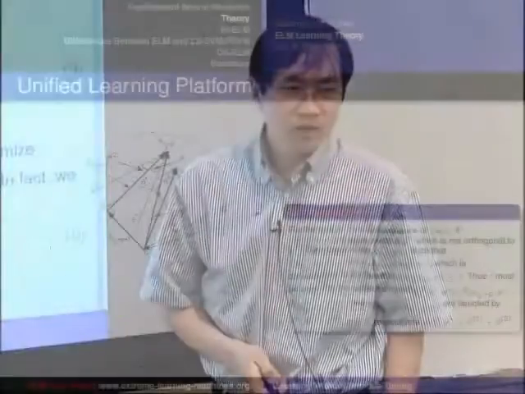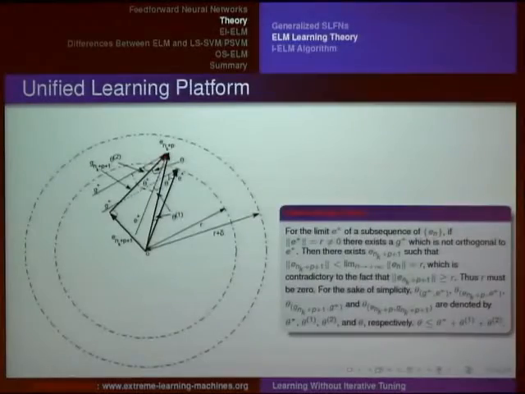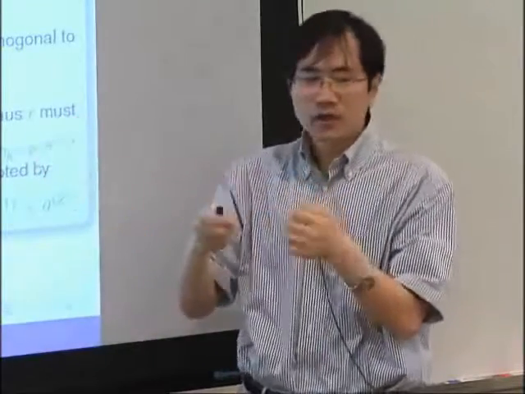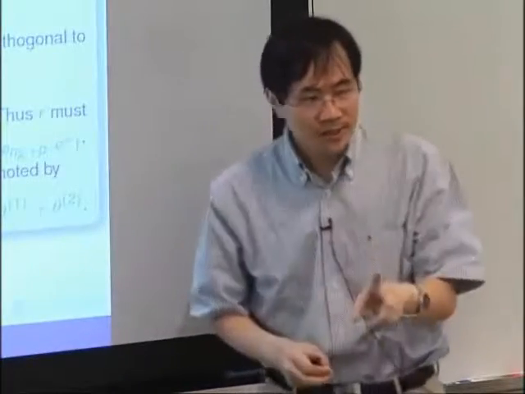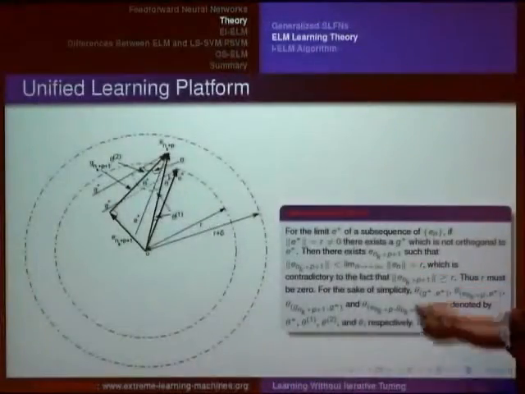So every time you add, what happens? The residual error will become smaller and smaller. So we prove it in this way. We prove the residual error sequence will be convergent, so for any subsequence of the error, you will definitely find a limit for that subsequence. That means the residual error sequence is convergent. We prove this first. Second, we prove the norm of this residual error is also convergent. Finally, we prove the norm of the limit of the convergence is 0. It's quite complicated, but generally it's based on a kind of topology